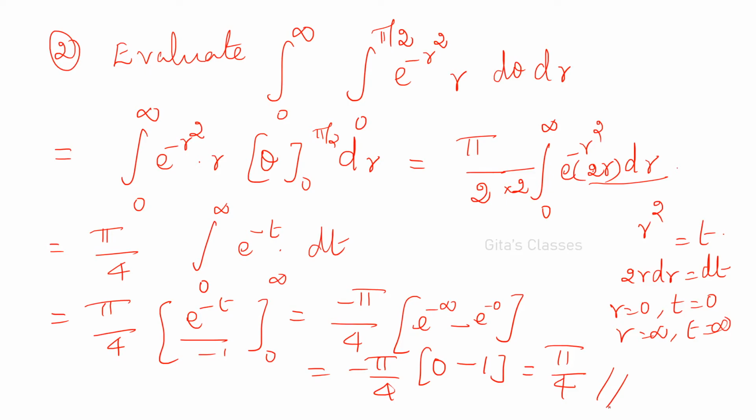If you substitute minus r squared is equal to t, then you should multiply and divide. Otherwise, I have substituted r squared is equal to t only. Therefore, you need not multiply and divide. Automatically, you will get it. Now, limits are given. Sometimes, as we have done in the Cartesian coordinate system, limits will not be given, some region will be given. So, let us see one problem in that.